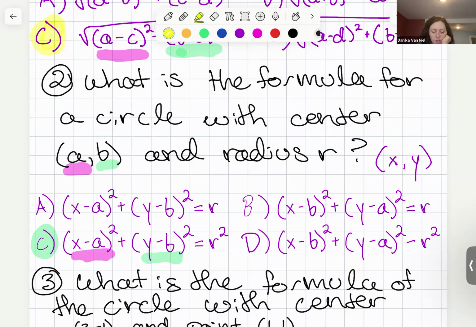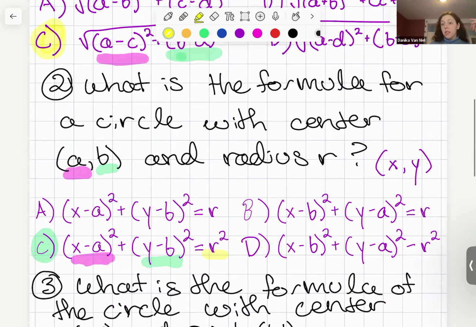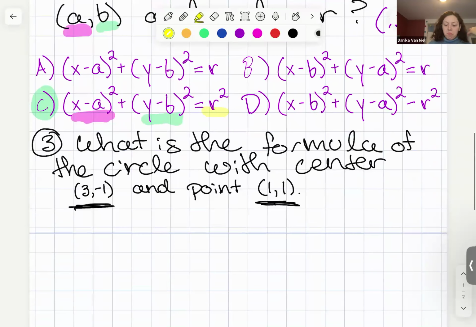But if you got A, definitely don't beat yourself up about it. At least you got it mostly right. You just didn't remember that it was R squared instead of just R. One way that I would often remember that is that oftentimes our answer for the radius, because of the distance formula, is a square root. And so it's nice when we get to square them. But okay. What is the formula of the circle with center